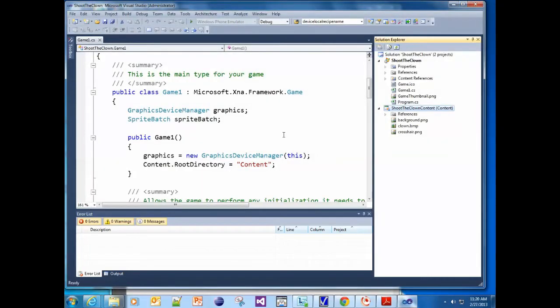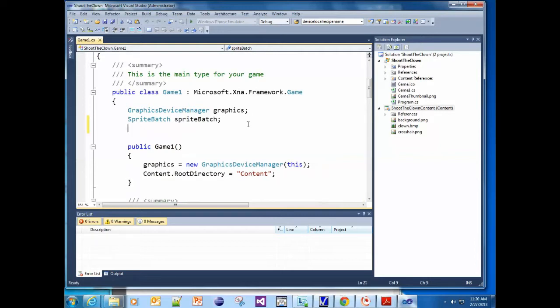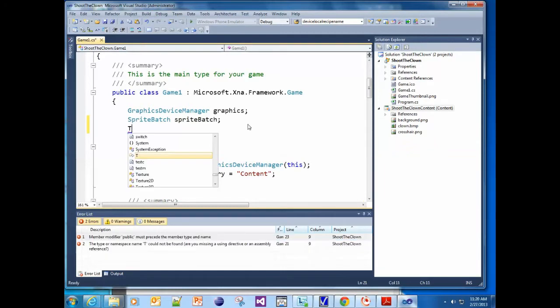So what we want to do now is let's get our clown on the screen. Okay? So in order to get the clown on the screen, we need a texture. A texture starts with a capital T, is a graphic file. And we have just generic texture. Notice it's part of